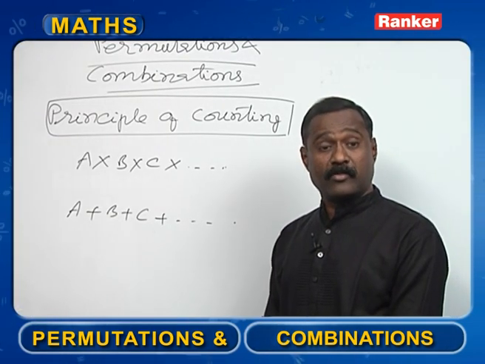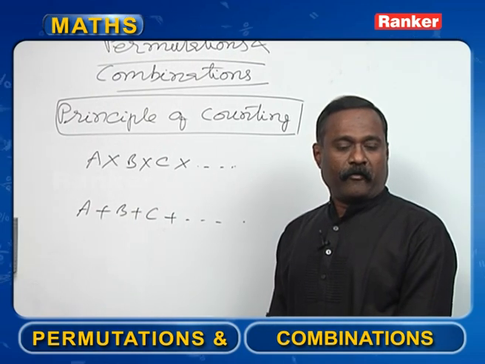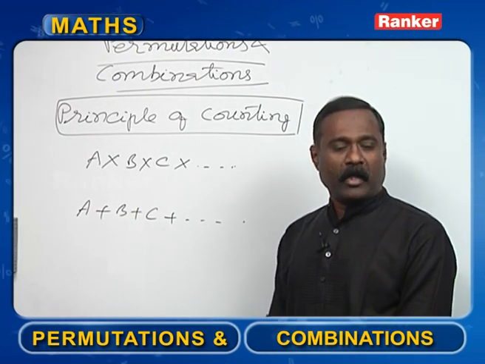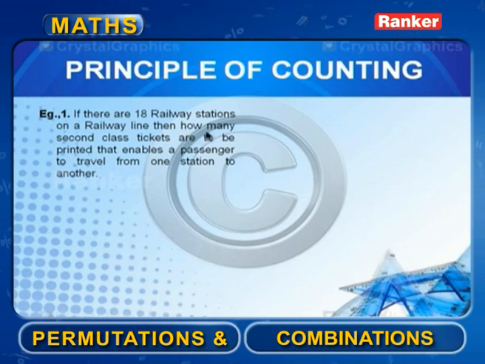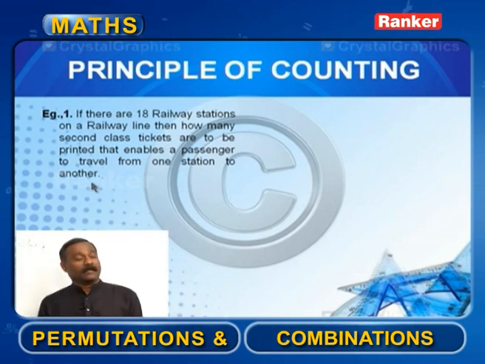Please go through the question carefully. If there are 18 railway stations on a railway line, then how many second class tickets are to be printed that enables a passenger to travel from one station to another? If you go through the problem carefully,